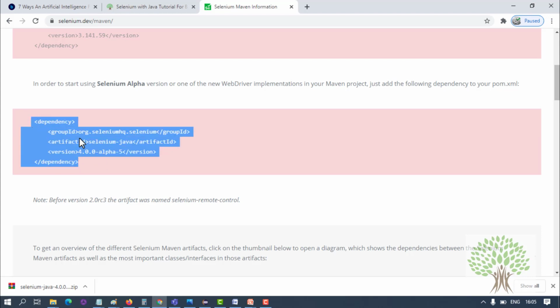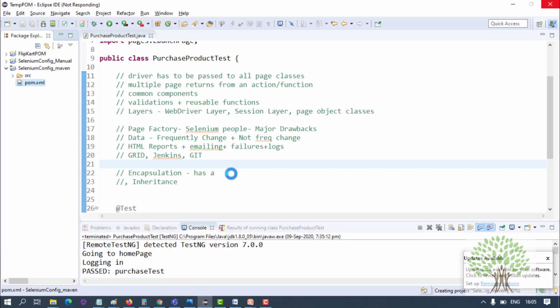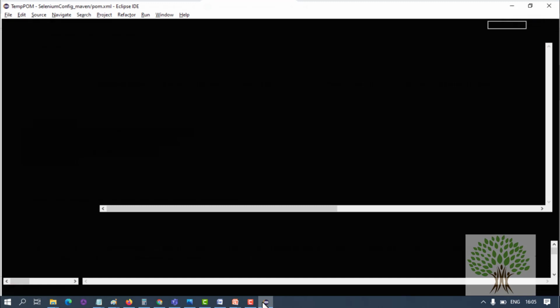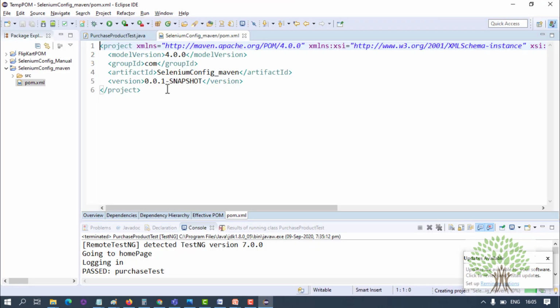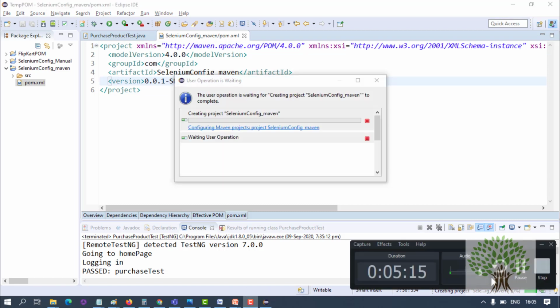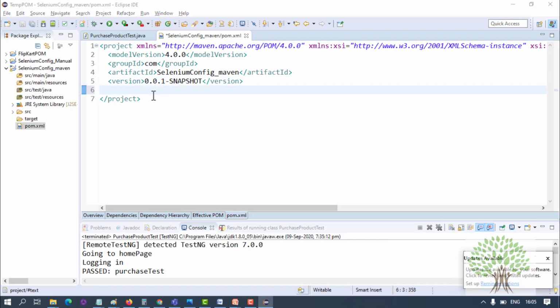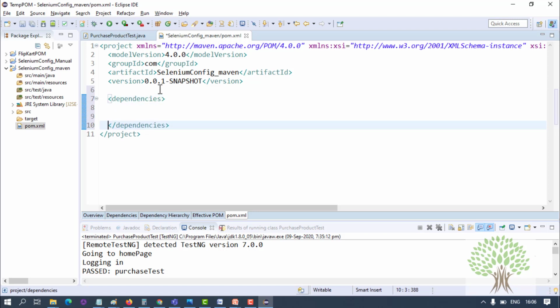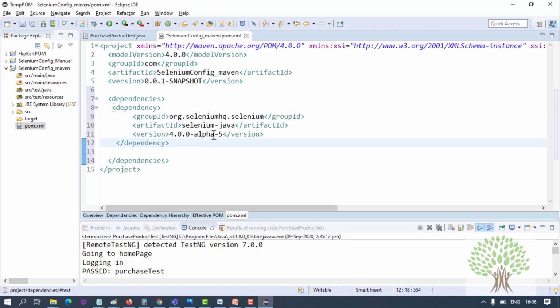So you just copy this and go to your Eclipse, inside pom.xml. In pom.xml, if you go down, you can add the dependencies section over here, and in the dependencies section you can give the Selenium Alpha 6 dependency.